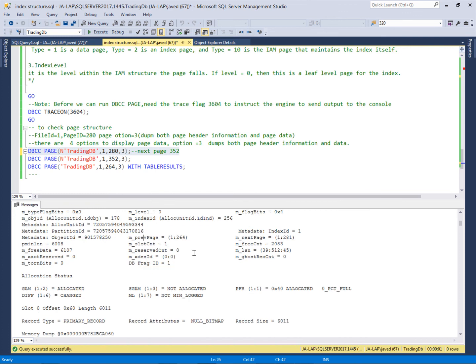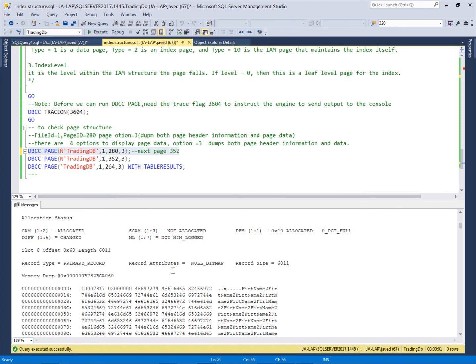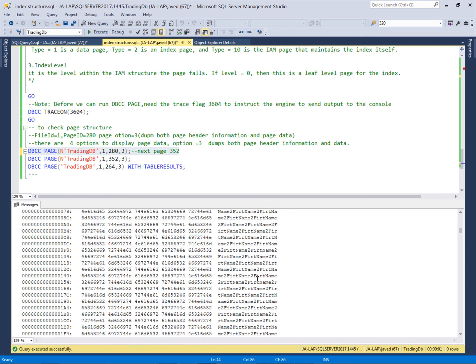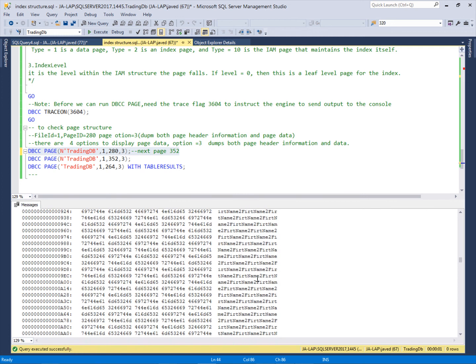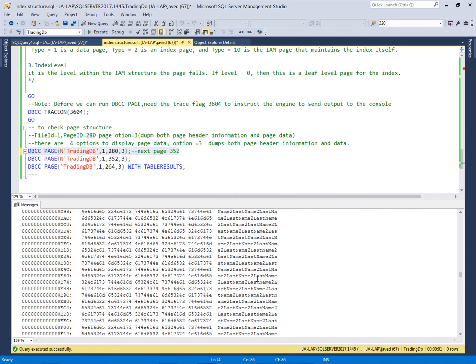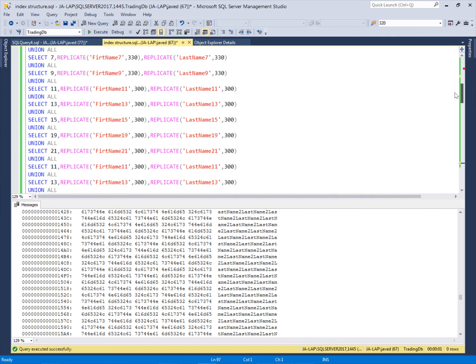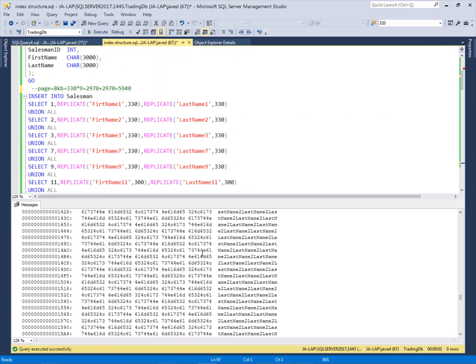This is the current page 280 and the previous page was 264, which we already checked. Where is the data? Now we can see here first name 2, first name 2, first name 2, it will repeat 330 times. So this is the second record which we created, and this is last name 2, last name 2. So this record exists on the second page.